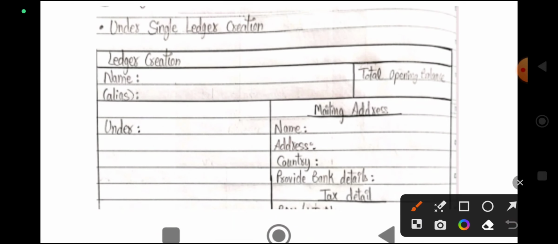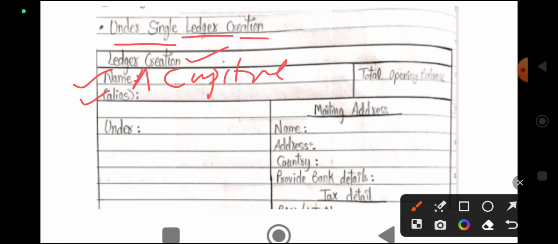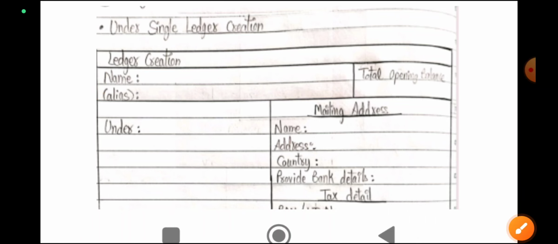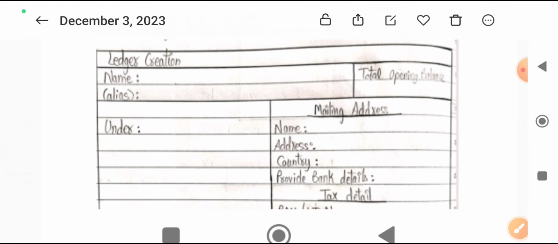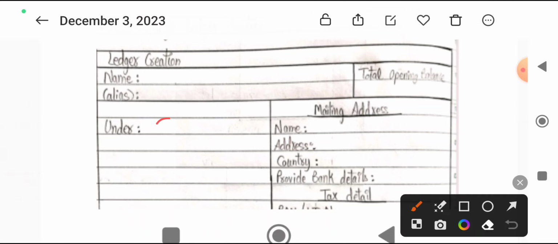So under single ledger creation, name and alias: the name of the ledger account we are going to create we will write here. So I am writing capital here, or A's capital or X capital, you mention the name of the ledger account you are creating, and under which group it will come: under Capital Account.